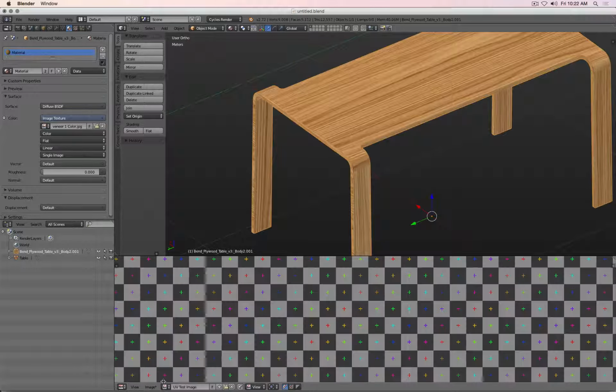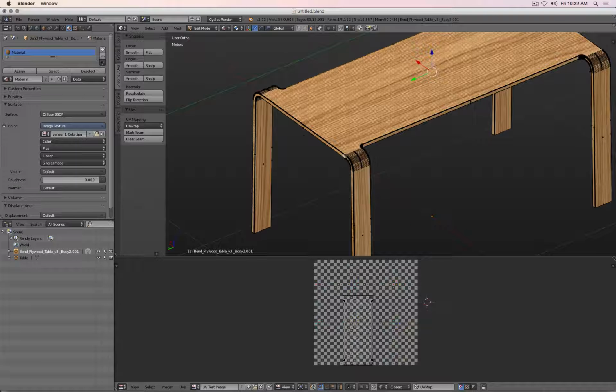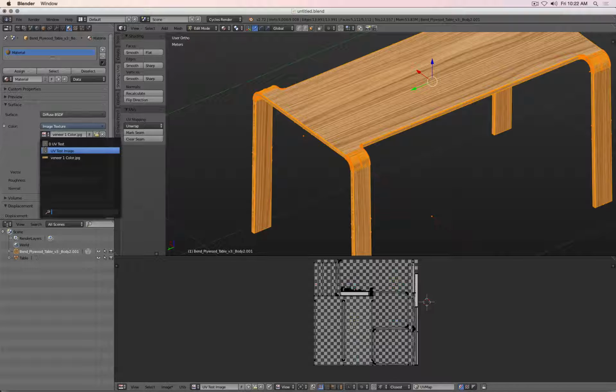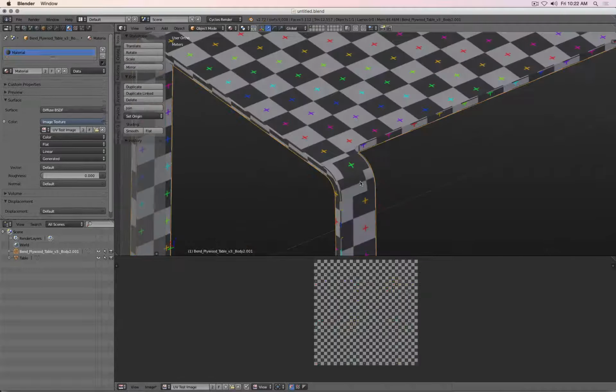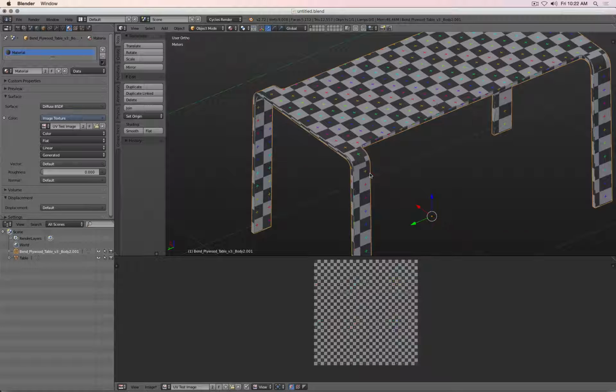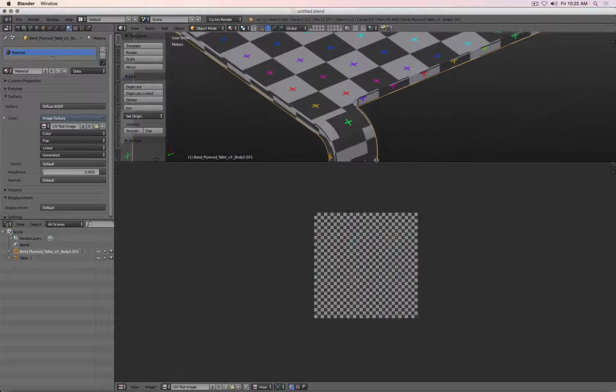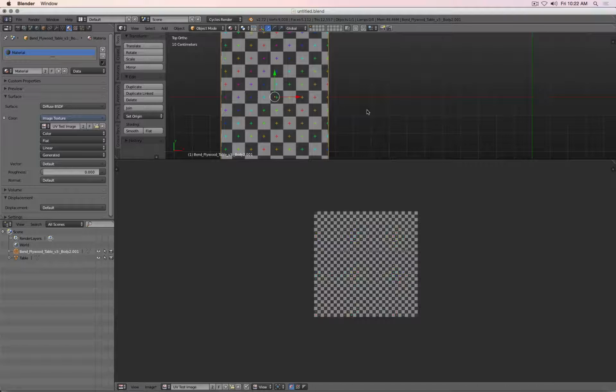Okay, click OK there. And you don't really see anything here, so inside there we can select UV test image. So you see there's a very simple and repetitive pattern which we can use as a helper to orient ourselves a little bit. So I go into top view,